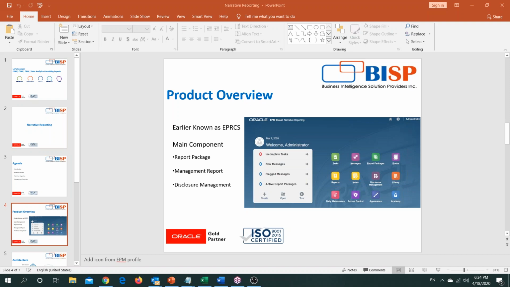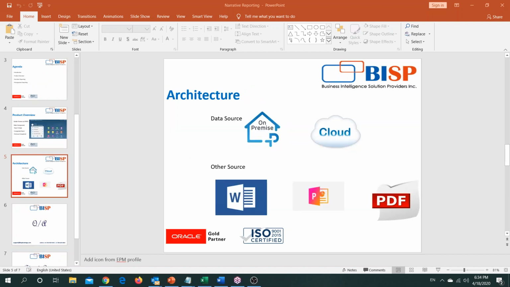Before proceeding, we need to understand the architecture, how narrative reporting sources data and what could be the source of information. So the architecture as defined is there could be two data sources for the information. It could be on-premise information, or also it could be cloud information.